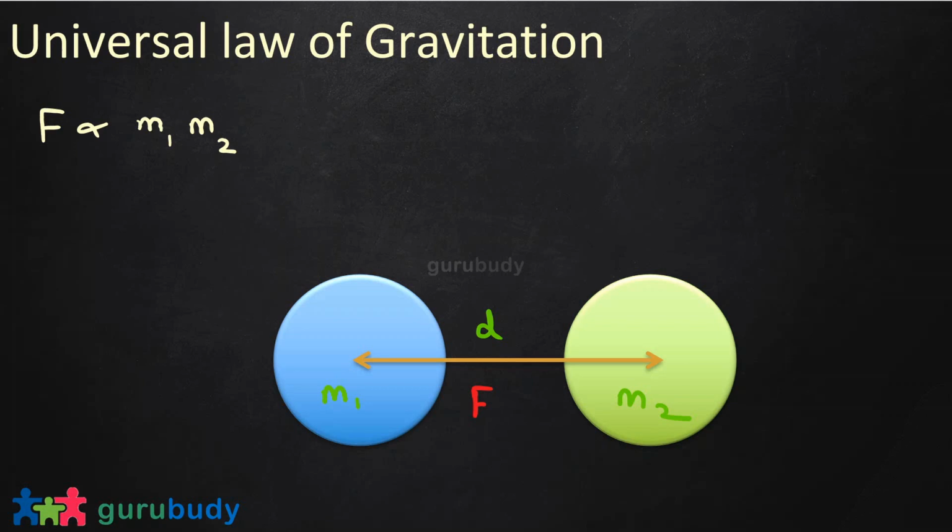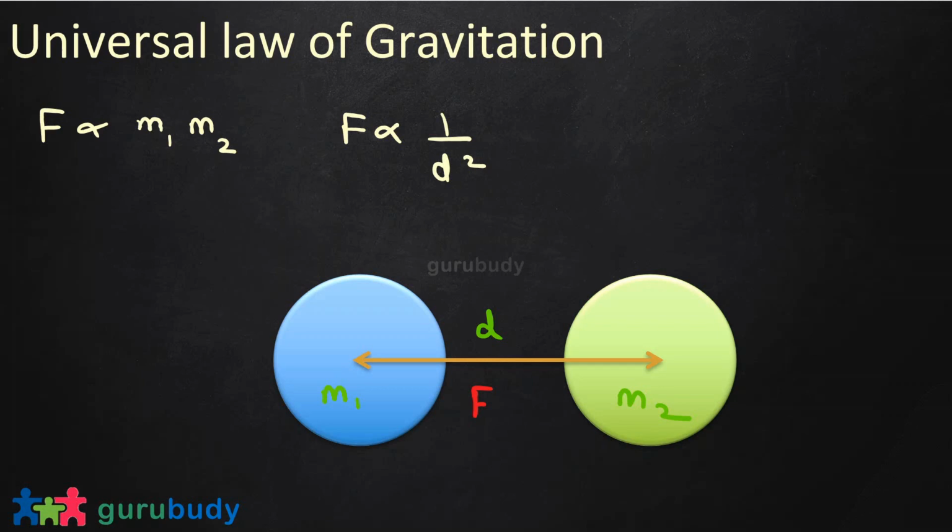Okay. Second thing is the force is inversely proportional to the square of the distance. Okay. So the farther the objects are, the lesser is the force, right? So the force between Earth and Sun and the force between Sun and Pluto is different because the separation is different. The mass is also different because Pluto has a different mass than Earth, right? But just because of the separation, the force would be smaller